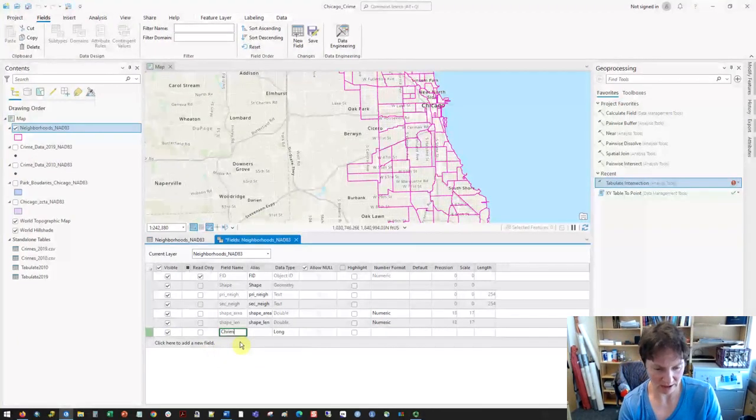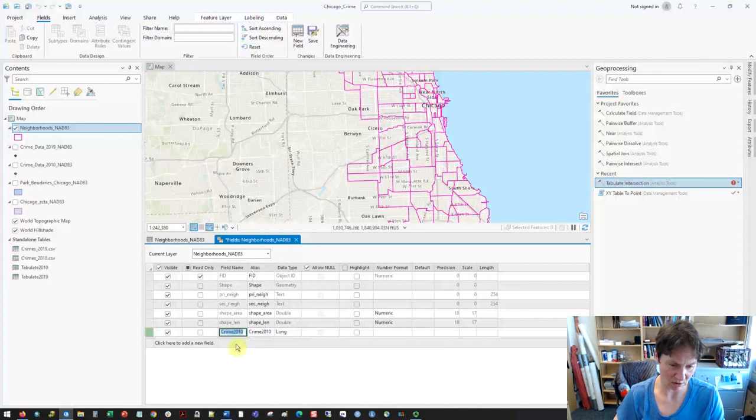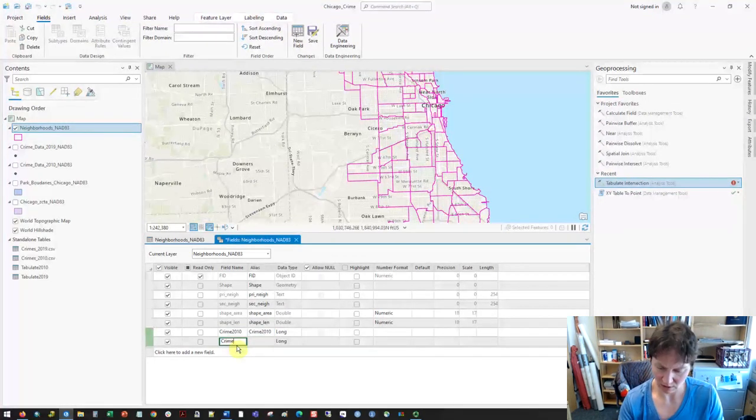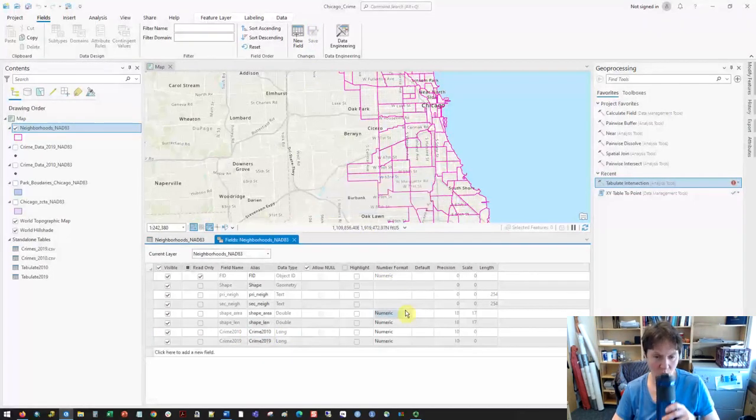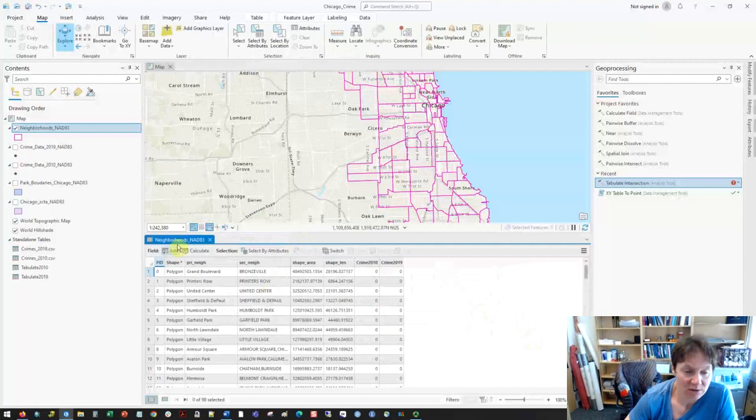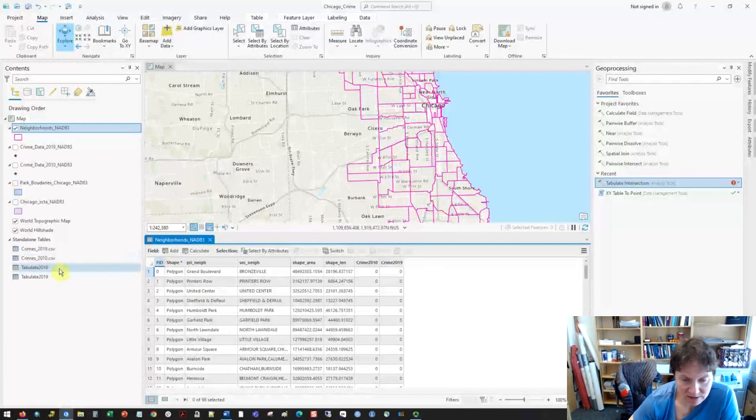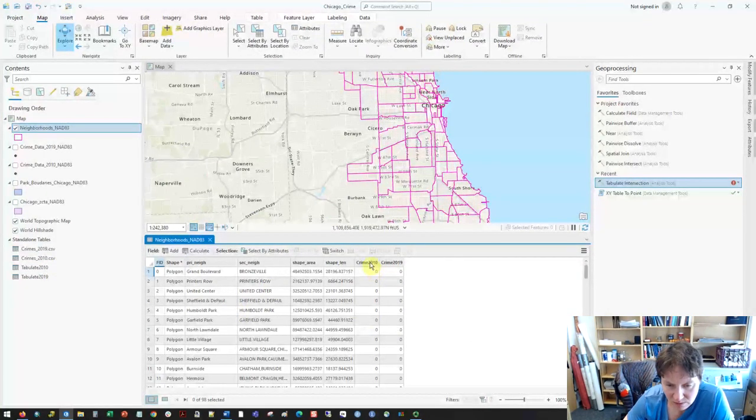So we were adding crime 2010, leave it along. Crime 2019, leave it along. Okay, hit save. Yay, it worked. Alright, so now we want to join our tabulate intersects to this table and then use it to populate these fields. So go up to table